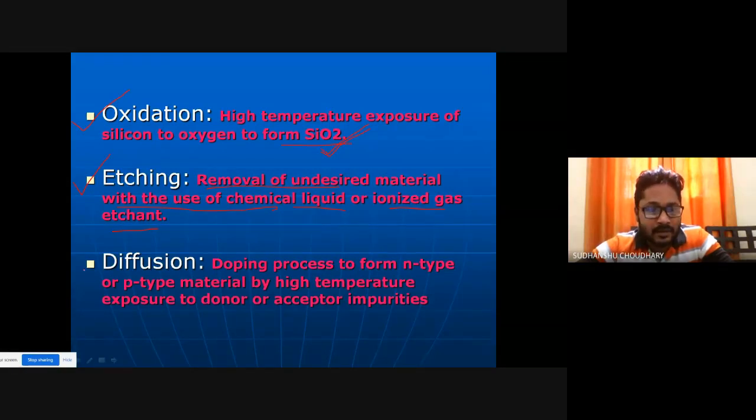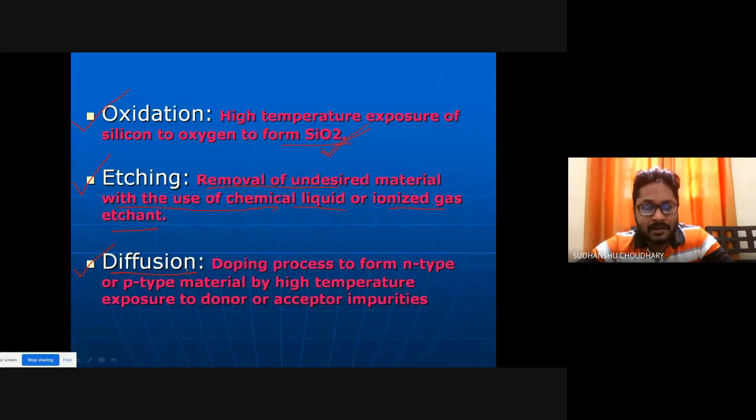Then another important operation in IC manufacturing is diffusion. Diffusion is generally used to create doping, so you want to dope your semiconductor material. The diffusion process can be used, though now diffusion is not used much.